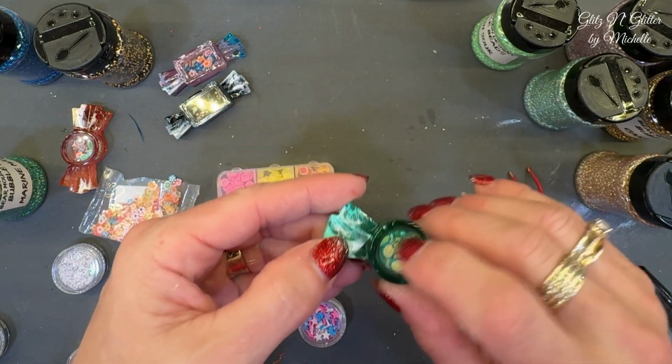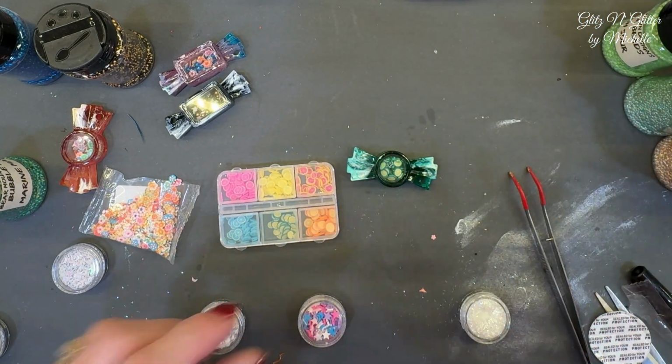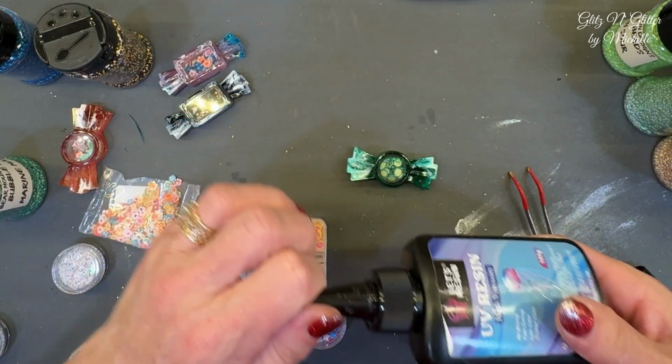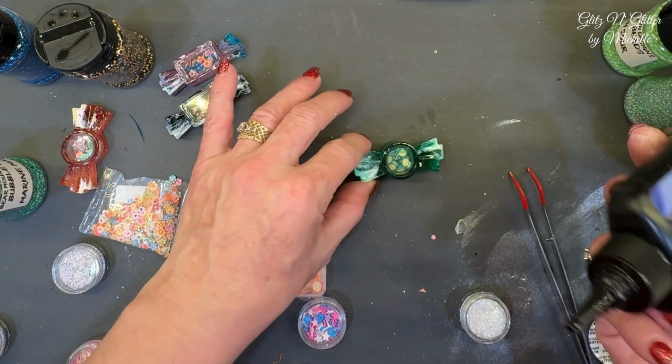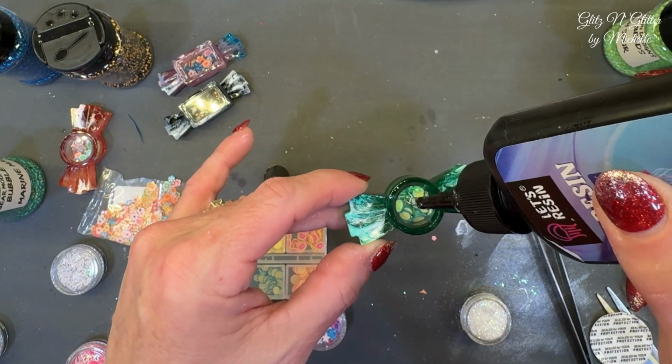Very cute. Then all you do, and I've got my light over to the side. I've got too much stuff on my table. So what I'm gonna do to all of them, and I'm not gonna show it, I'll just do it in fast forward. I'm just gonna first,